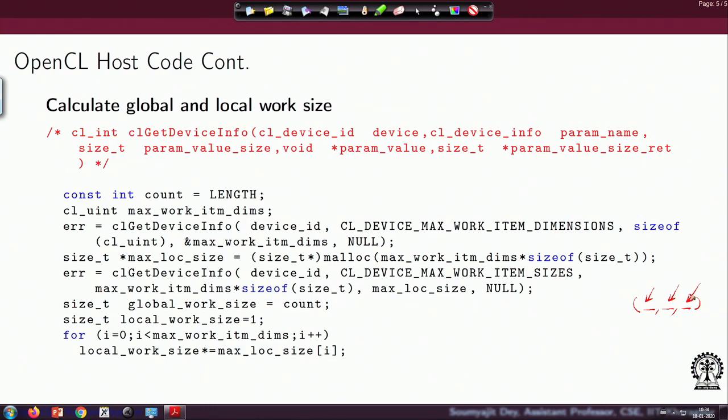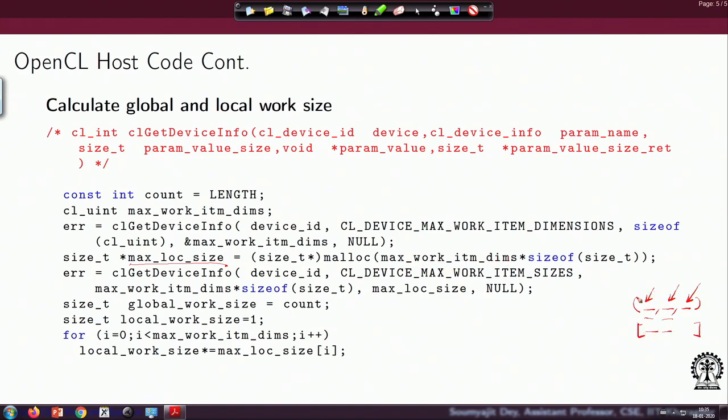To know that, I create this max local size array, and the important thing is for this array, how many positions do I need for storage. I would need these many positions, each of size size_t, and finally it will return back a pointer pointing to this type, again size_t, of course. So that is the typecast here, and for the malloc call you are providing the parameters: you give me an array containing space enough to hold data of this type and for these many dimensions, right.